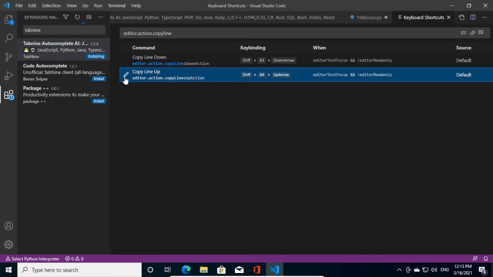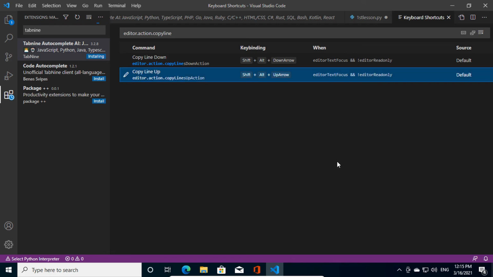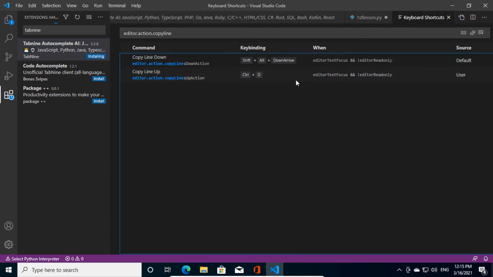This is what we need. What this means is we are copying the line above into the line below. Double click here and press Ctrl+D and press enter, and now it has been changed.